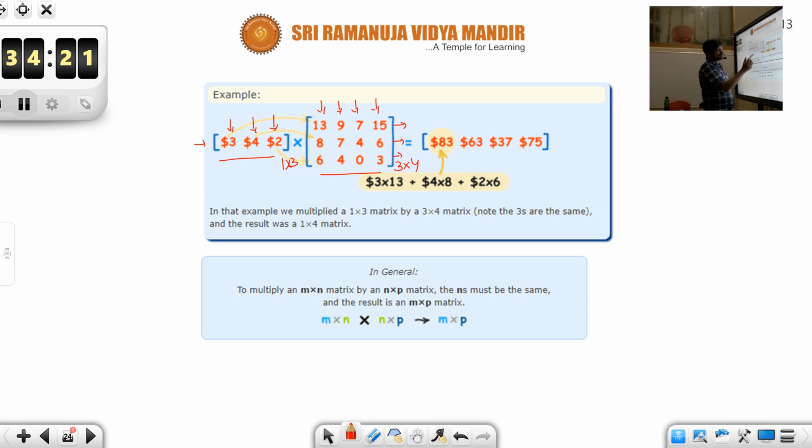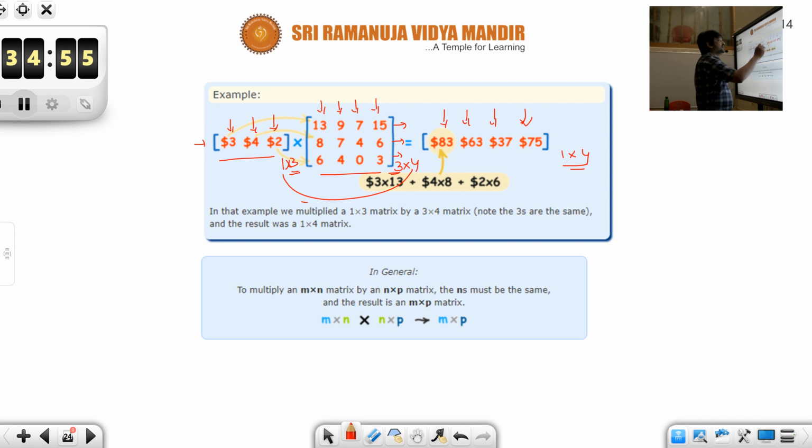Can you multiply these two matrices? Yes, because the columns of the first one match the rows of the second one. So hence you can multiply these two matrices and the resulting order would be 1 by 4. Look at the extremes. So you should be getting 1 by 4. Now, how to evaluate? Put directly by looking at the respective sizes. 1 by 4 means 1 row, 4 columns, so there should be column 1, column 2, column 3, column 4.